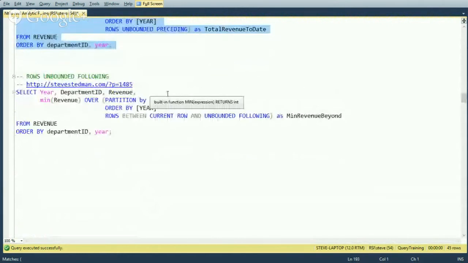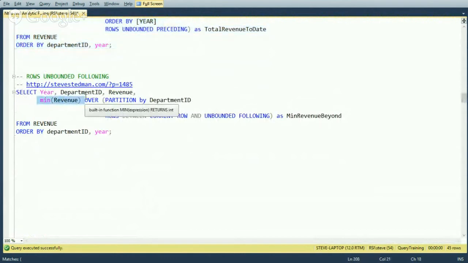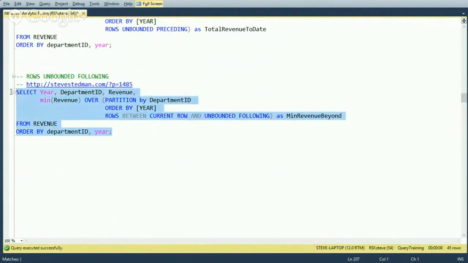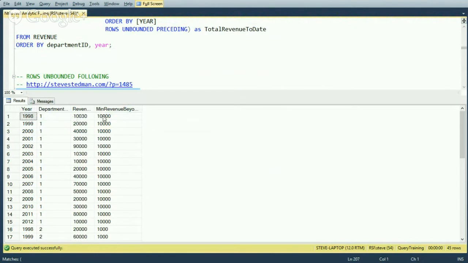So here, I'm looking at the minimum revenue, same partition, same ORDER BY, but we're looking between the current row and unbounded following, which technically is the same as just saying unbounded following, because the current row is included in unbounded following, but I wanted to show how it could be used either way. So when we run that, now the minimum revenue